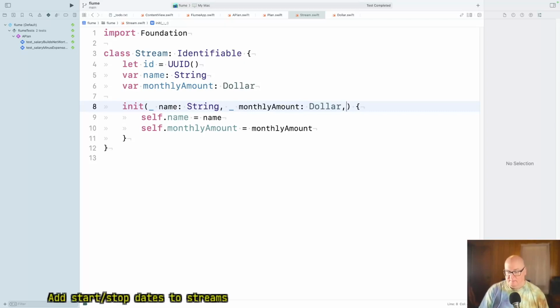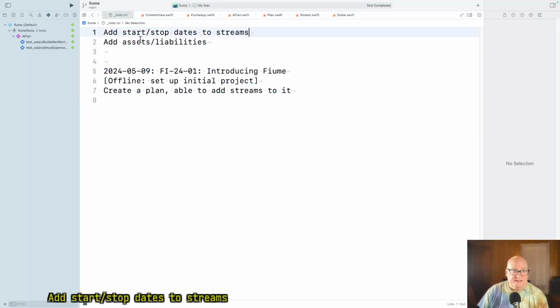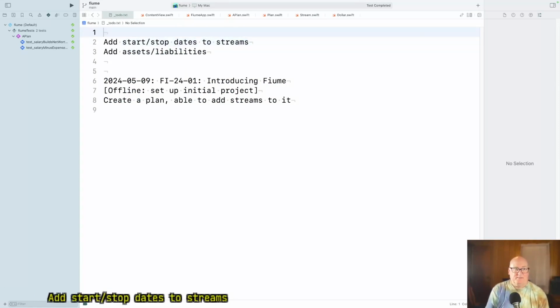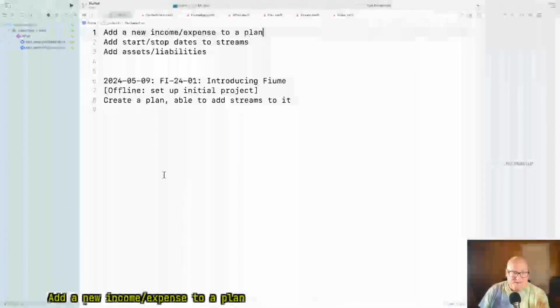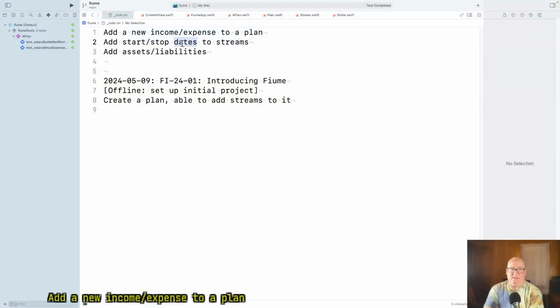All right. Oh, and sorry, the next thing: we also need to be able to add a new income or expense to a plan. You should be able to click a button somewhere and introduce a new one, not just always start with 1,100 or whatever I set up there. But this start stop date is kind of more interesting, so let's do that one first.